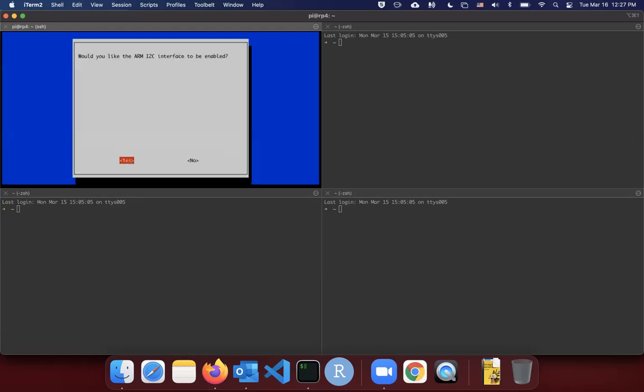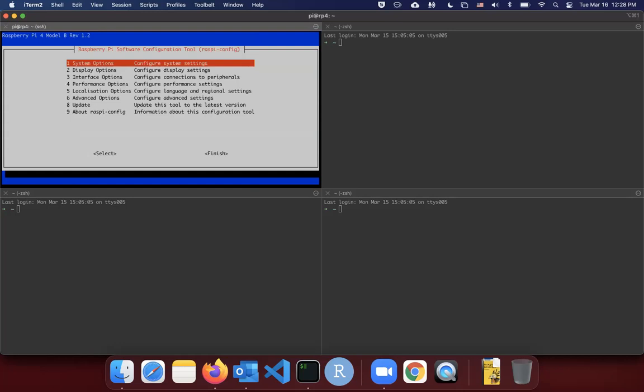You enter. And then it says, would you like to enable? And then you select yes. You can use the arrow key to choose. So it's by default yes, so you just enter yes. And now it says the ARM I2C interface is enabled. ARM is the name of the chip. And so that's that. So you click OK, and then